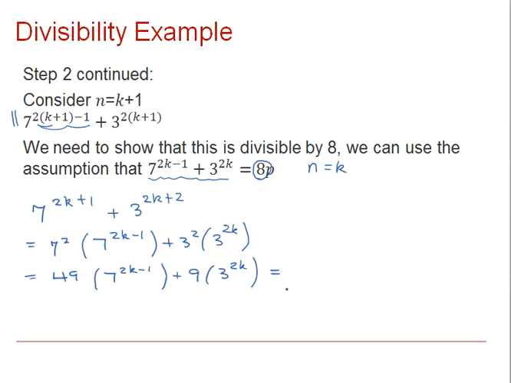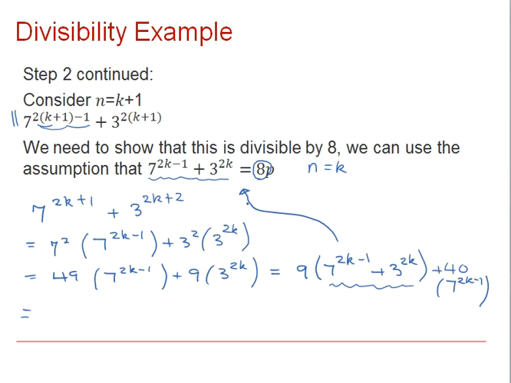And then I can say, well, actually I've got 49 of those and 9 of those. Let's just take 9 of them for the moment and say, alright, so I've got 9 of that expression there, and then I've also still got 40 of these left. So hopefully now you can see that that bracket there is the same as that one up there. So I'm now in a position to say, well, I've got 9 lots of 8p,